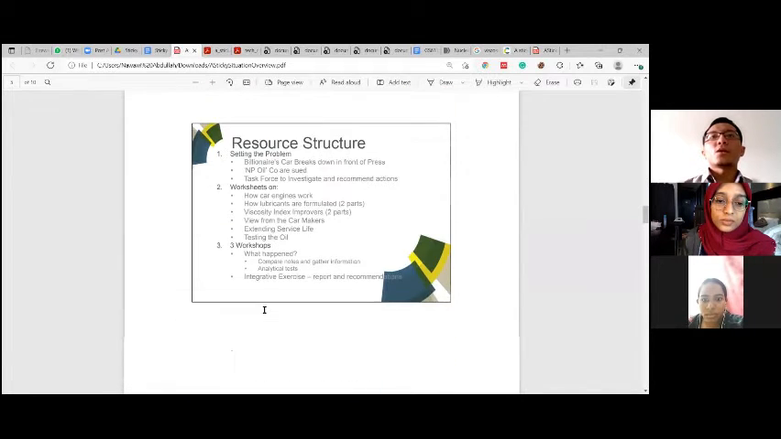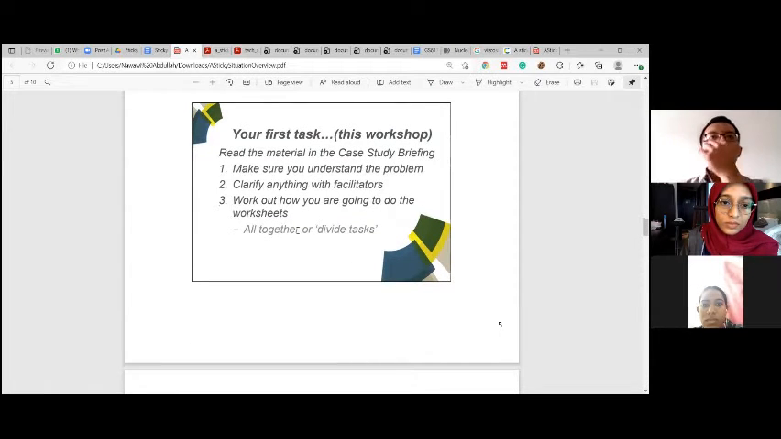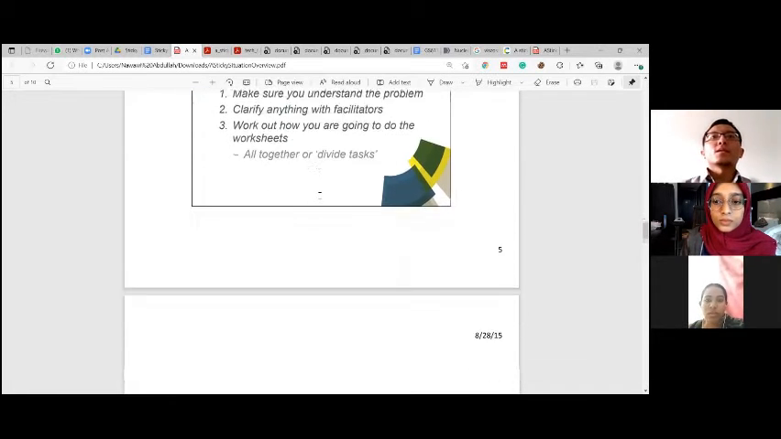And then on this part, this is the resource structure that was given inside our document. They've already broken it down into several parts, and this is the thing that Prof Azhar already mentioned. We need to understand the problem that we want to focus on, and then